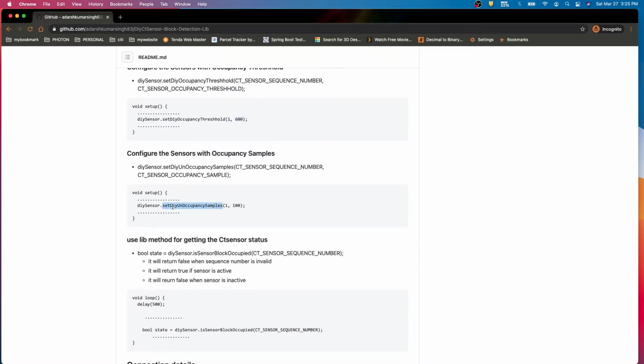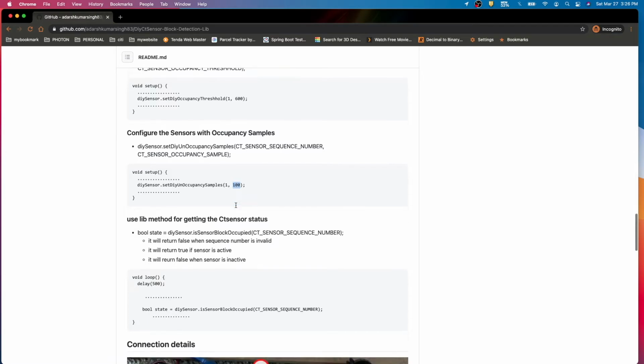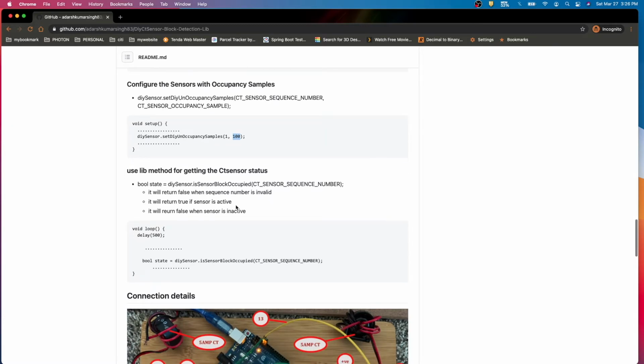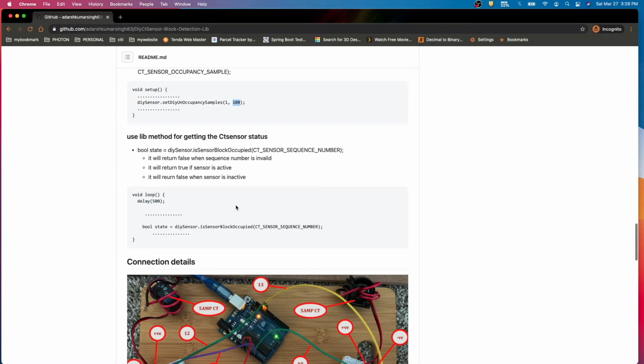Then there's a method to set the unoccupancy samples: how many samples to take before we ensure the block is unoccupied. It's customizable, because it can vary based on the sensitivity of the circuit you are building.